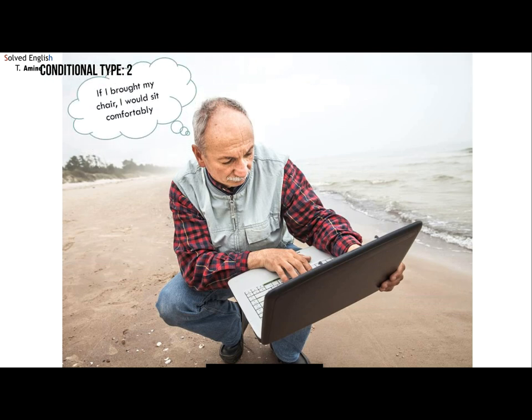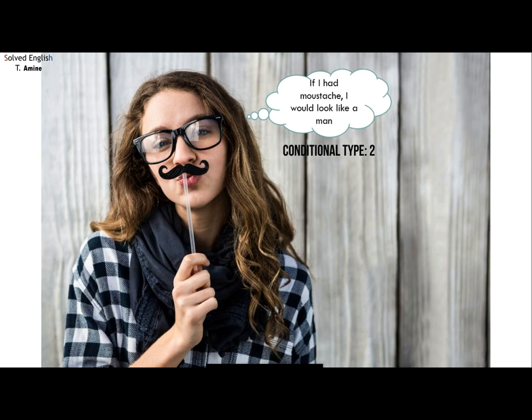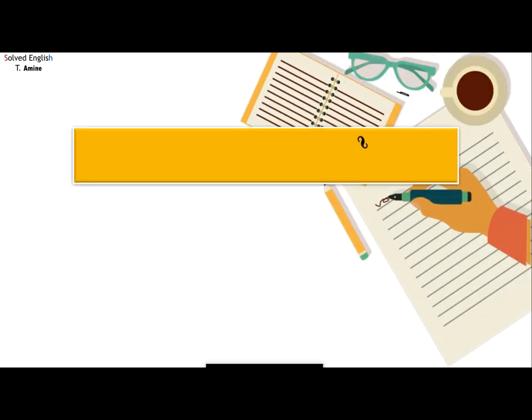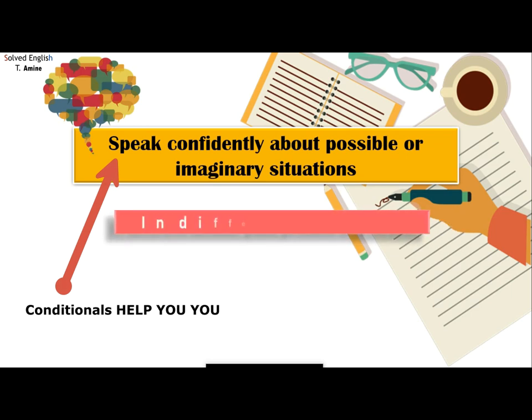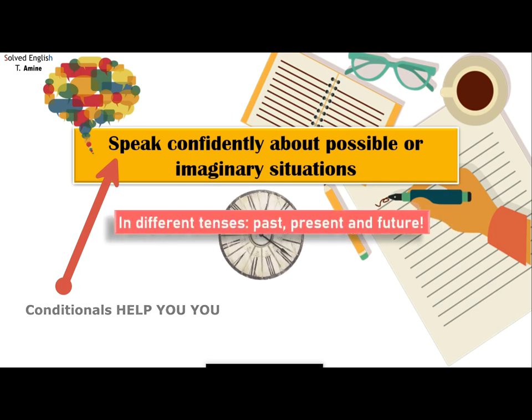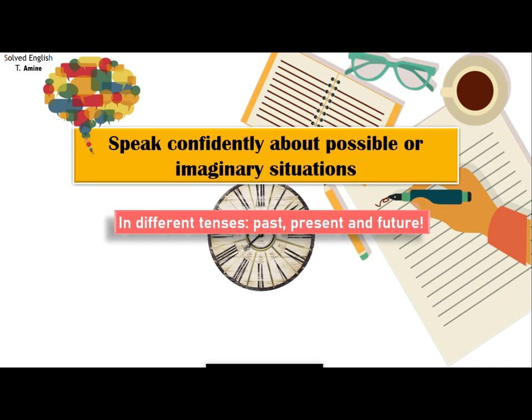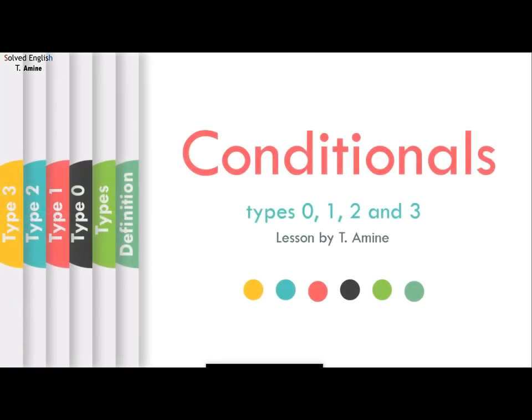If you already know conditionals, then you are going to know that there are many types of conditionals, and the main types are conditional 0, 1, 2, and 3. Now, this lesson will be very helpful to you in expressing yourself fluently and accurately in a very clear way in English to avoid being misunderstood. Being able to express these forms accurately in a clear way will help you to speak better English and to write better English. For that to happen, all you need to do is follow me along these 3 easy stages